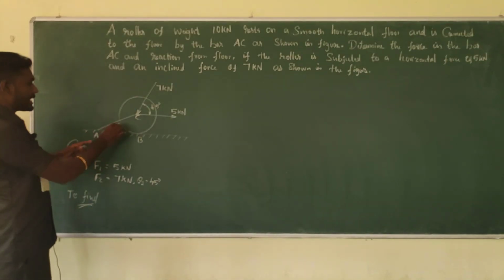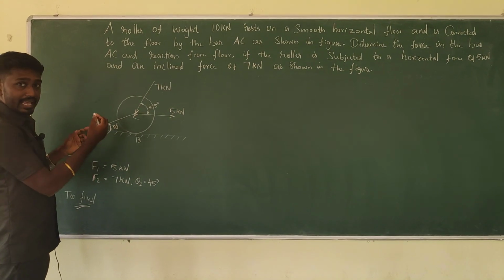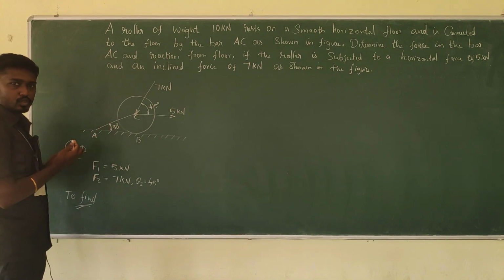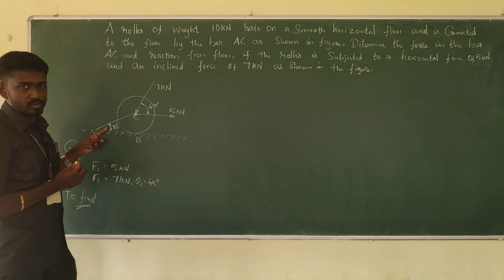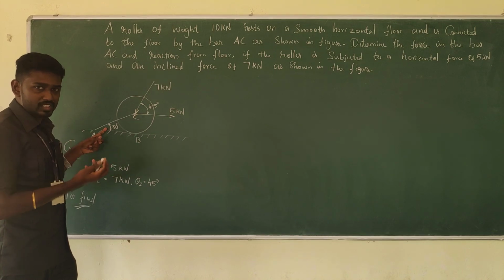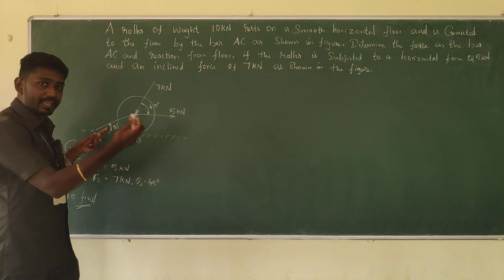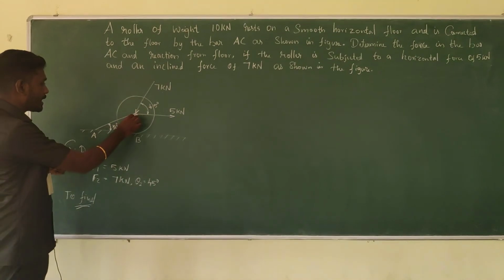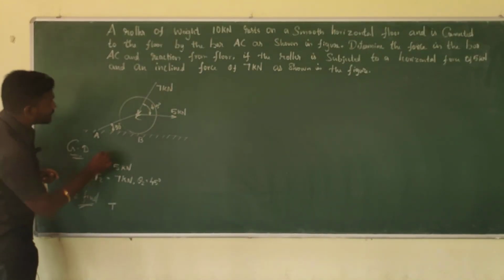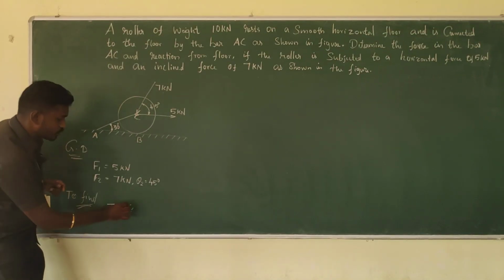So the bar here is mentioned as AC, right? So it's a tension force. When any object or any string or rope or a bar is connected between any two bodies, then there will be a tension force, tensile force. Okay. So in the introduction part we learned whenever we come across tension, we need to take it outwards, right? Tension always moves from the considered point outwards. So from the C point it is going to act outwards. So we need to consider in the bar AC the tension force from C to A, that we need to find.